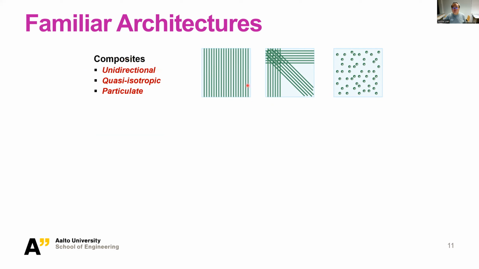As you can see, we have basically three kinds of configurations here. The first is unidirectional. So you have just your fibers or wires in your matrix, aligned in one direction. Of course, you can imagine this will make your material highly anisotropic. When you pull it vertically, it will be very different from when you pull it horizontally, just due to